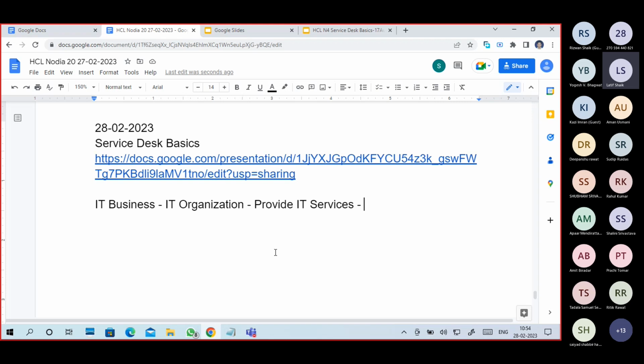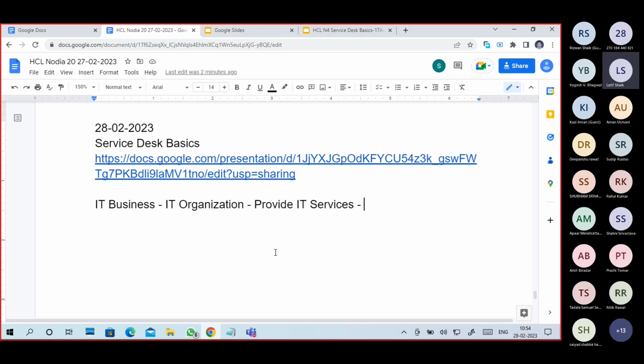So these are non-IT organizations, but they need IT services. They need network connectivity. They need a computer. They need an application for billing. They need a server. They need data storage, so they have to store the data about the item list and all the information, right? So from where will they get it?